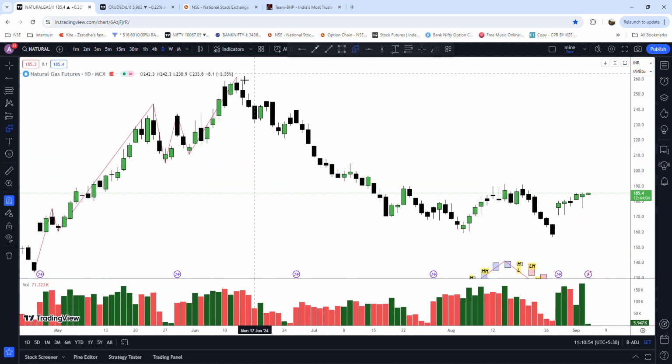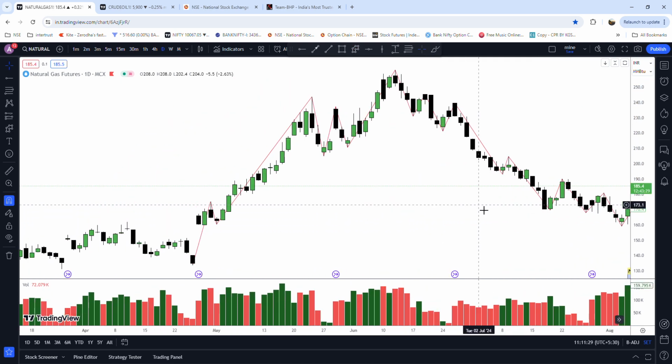Okay, and then from here I will start making lower highs, lower lows till here, then higher high, higher lows till here, then all the way lower high, lower lows, higher high, higher lows, and so on and so forth. Okay, this particular practice is very, very, very important. If you cannot gauge what the trend is relevant to that particular counter,